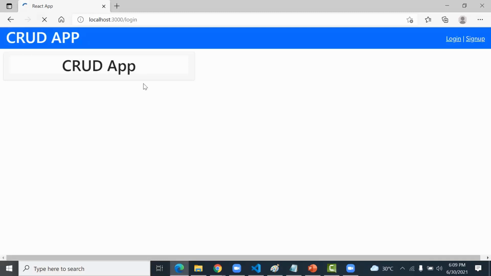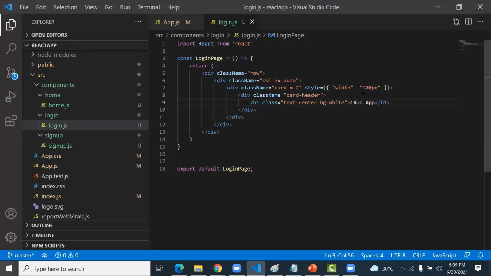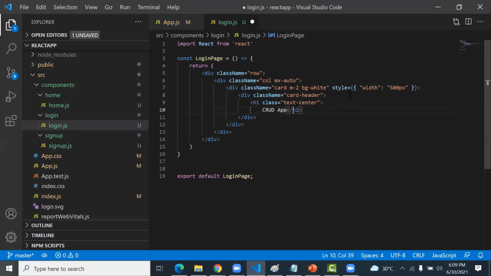Okay, so there is a white color, but the card is not in white color. So to do this, we type bg-white on the card, and after the h1 tag, here is one change.